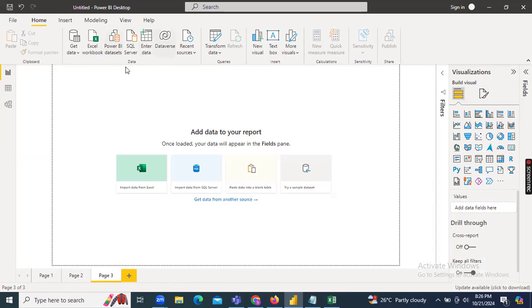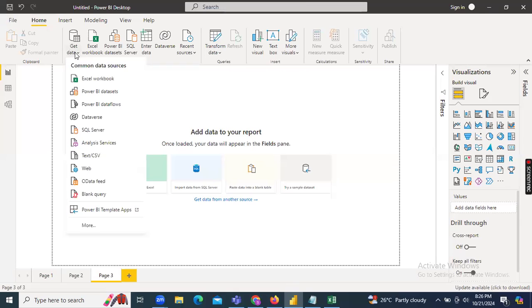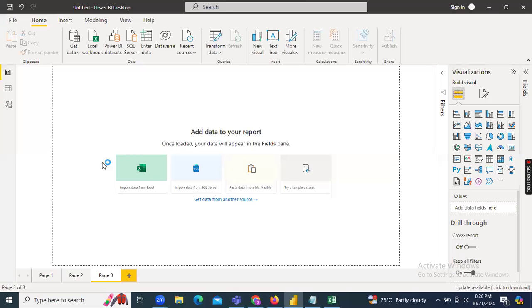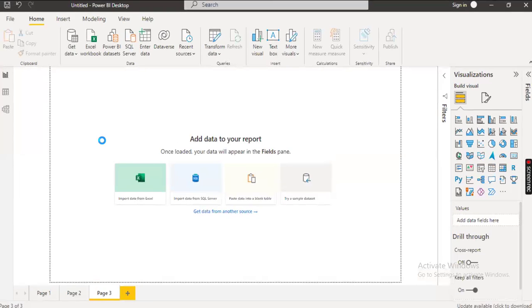If you observe here, guys, data in the home ribbon is completely for development purpose, guys. Excel workbook, we have Power BI dataset, SQL Server, completely development purpose. So now, as I said, if you click on the Get Data option and click on the More icon, it will show you how many types of data sources we can connect from Power BI desktop to any database.